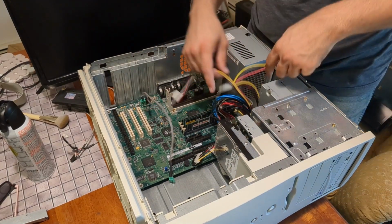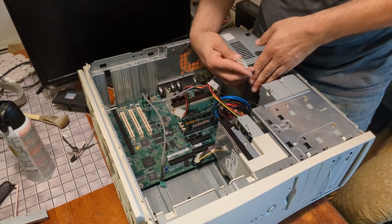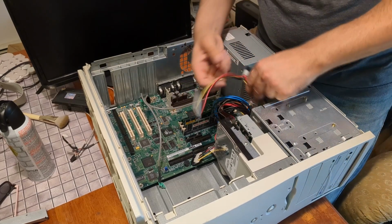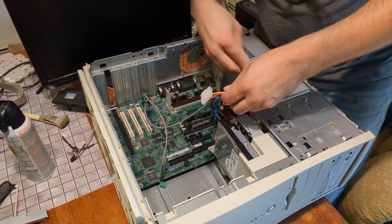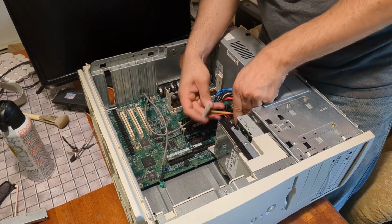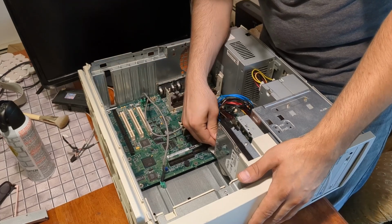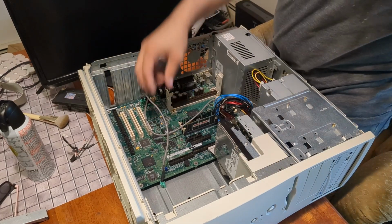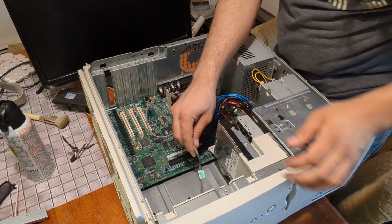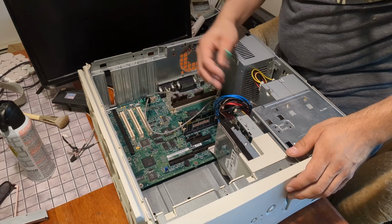So this one for the CD drive, this one for the hard drive, this one tucks away, floppy drive power, hard drive power. Wow, that is a really loose connector. I don't like that. This doesn't reach the...